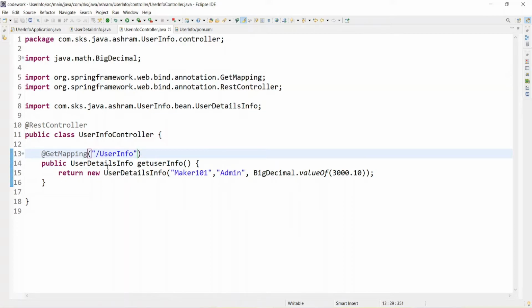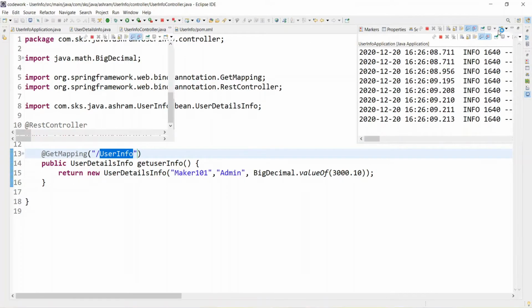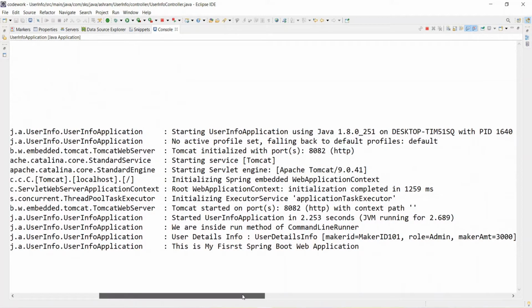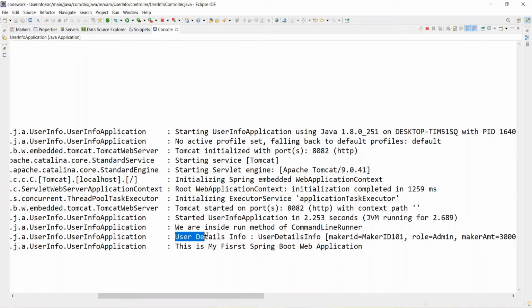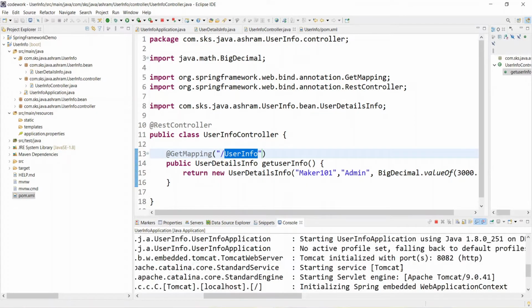So let's run this, your first API, the user info API using the get method, right? Let's start this user info application. The user info application is running. I think we need to remove this from the command line runner. We have already learned that, but no problem, no issue.